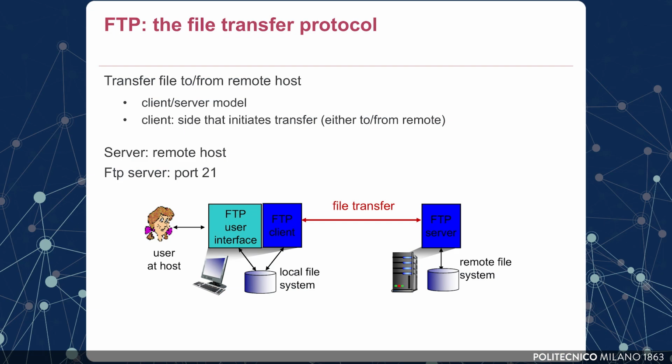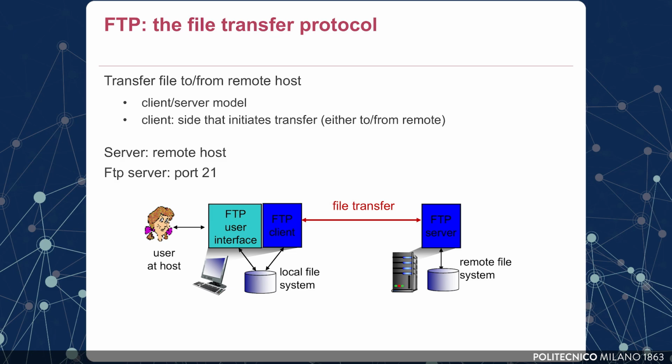FTP, or File Transfer Protocol, is one of the earliest and most widely used protocols for transferring files over a network. It operates on the application layer and relies on TCP for reliable data transmission. FTP uses a client-server architecture, where the client initiates a connection with an FTP server to upload or download files. It requires authentication through a username and password, but also supports anonymous access for public file repositories.